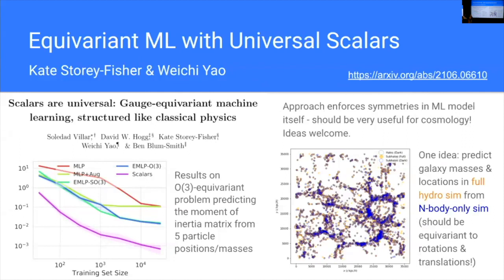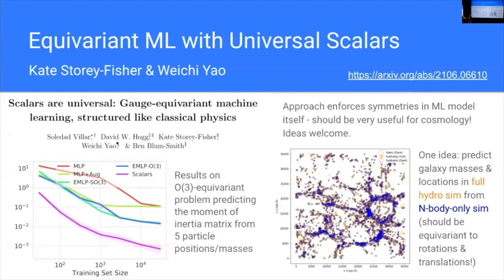Yeah, so Wachi's already gotten great results with this method, which the paper is mostly theoretical, so we just have a new implementation, and we'd like to apply it to cosmological problems. I think a lot of cosmological problems could benefit from this because they have translation symmetry, rotation symmetry, things like that. So one that we're kicking around is if we can take n-body only simulations and the dark matter halos and try to predict the location and masses of the galaxies, which are the things we actually observe.